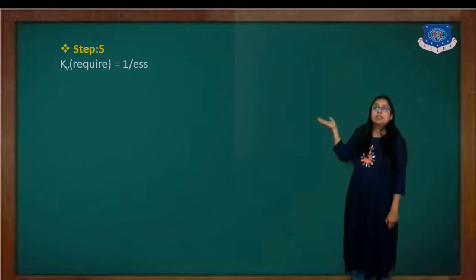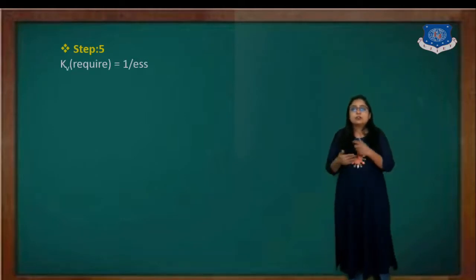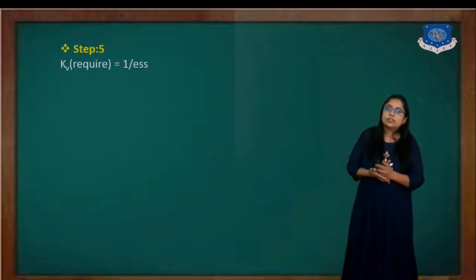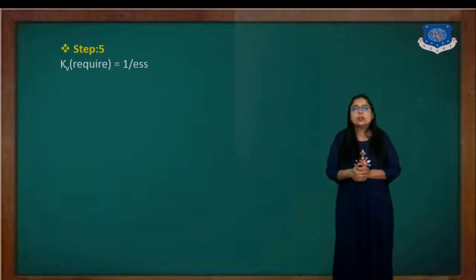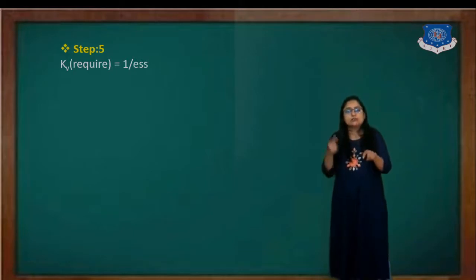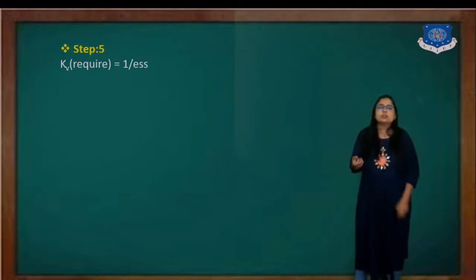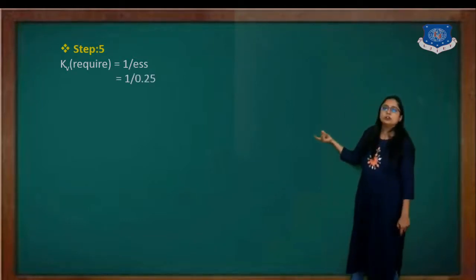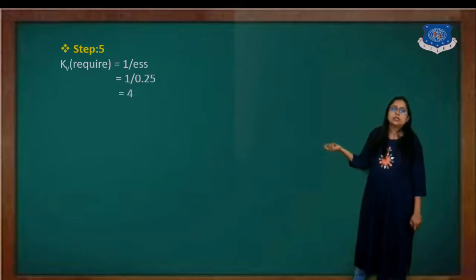Whatever the KB required. Sometimes the value of KB will be given to you directly as the error constant. Otherwise the value of ESS will be given to you. In this equation, we have the value of ESS. From the value of ESS, we can easily find the KB required. So that is 1 upon 0.25, and that equals